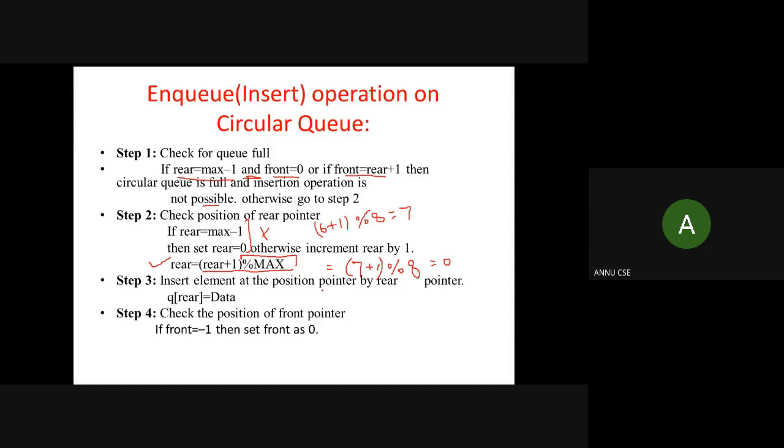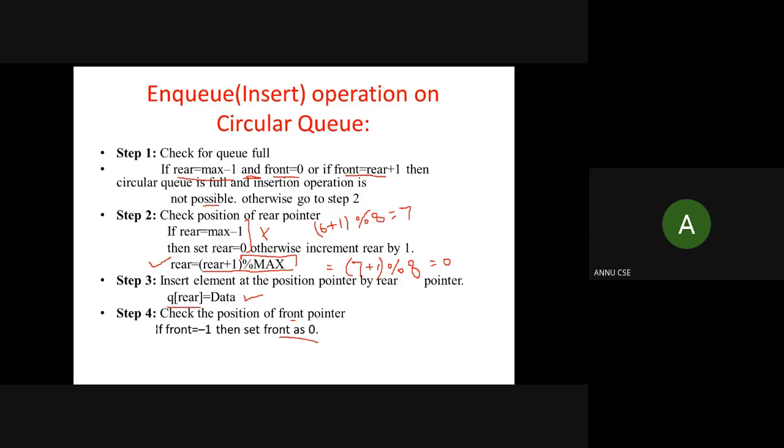Then after calculating the updated value of rear, you can use that updated value to insert a new value by just writing q[rear] equal to data, because we are implementing using an array. Then check the position of the front pointer, because if we are inserting for the very first time, you need to be careful. In that case, you also need to change the value of front to 0.